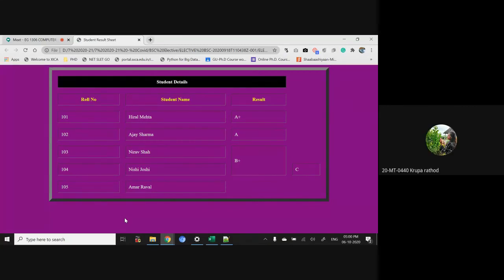We have written rowspan in Nirav Sharma, with B and C as a result in Nishi Joshi. Therefore, because of the rowspan in Nirav Shah, we got B as a common result between Nirav Shah and Nishi Joshi. Yes. So it means if I want B plus for both the students, I need Amar Rawal.